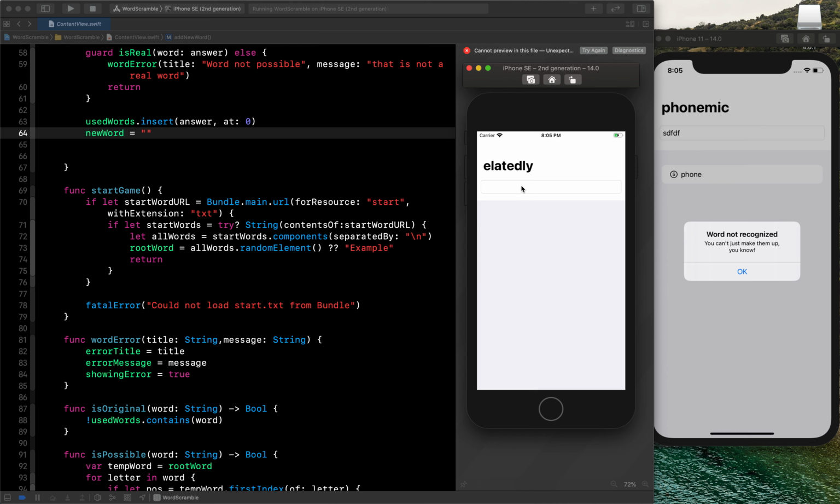So now you can see it's working, it has fetched this word, and now we can just try to write the code to see if it is working fine or not. So for the first word I will write "late" and press enter. Okay, it is working fine. So let's try to write something wrong here now, like I will write something which is not inside this, and it is giving me the error "word not recognized". And also, if I write a correct word but it is not inside this, it will again give me an error like this. So this is how you can create this game using SwiftUI.